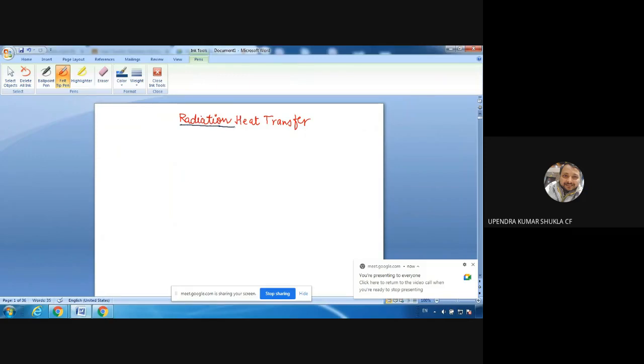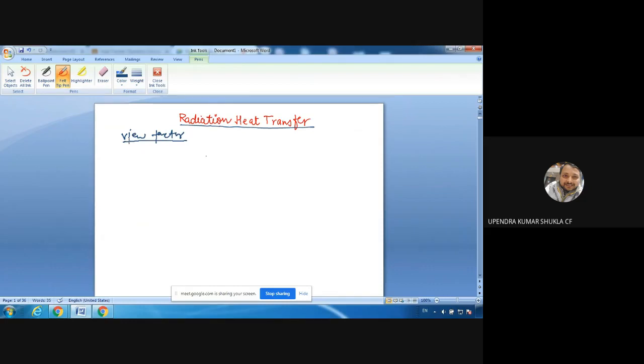Dear students, we have finished several topics related to radiation heat transfer in offline classes. Today, in the offline classes, I discussed the concept of view factor and other things, and I will take up this lecture right from here, from the view factor concept. The rest of the radiation heat transfer, I would like to finish in online class now.